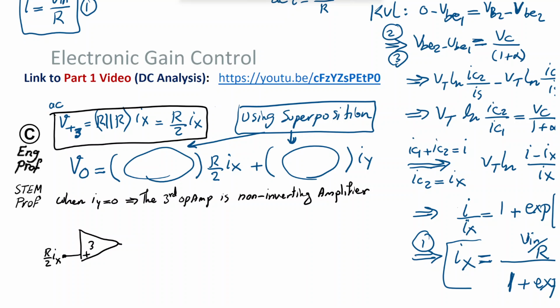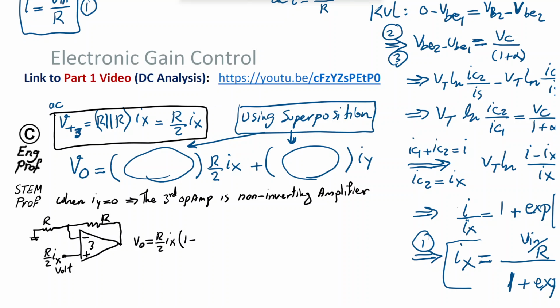Then at the negative terminal, we have a connection through a resistor R to virtual AC ground, and a feedback resistor R. This is a simple non-inverting amplifier, and it's super easy to use KCL to show that the output voltage contribution by this input voltage is simply the input voltage, R over 2 times Ix, times 1 plus feedback resistor R